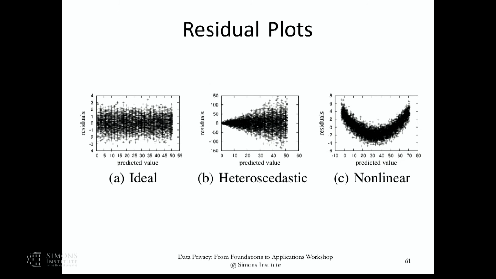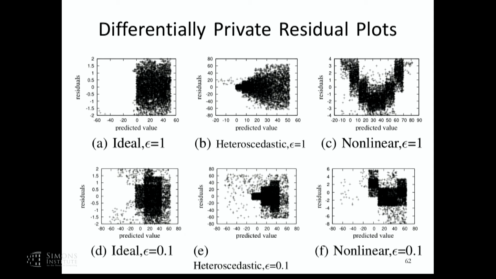It's not too difficult. And so this is the real residual plots, and this is what the residual plots look like under differential privacy. And actually, we had the social scientists, we wrote a paper about this in Annals of Applied Statistics. We had the social scientists do their analysis on the real data, but before that, also do it on the synthetic data, and then use these to do the verification steps. Like, did the model that they trained on the synthetic data actually make sense or not? And they were able to come to roughly the same kinds of consensus, right? So